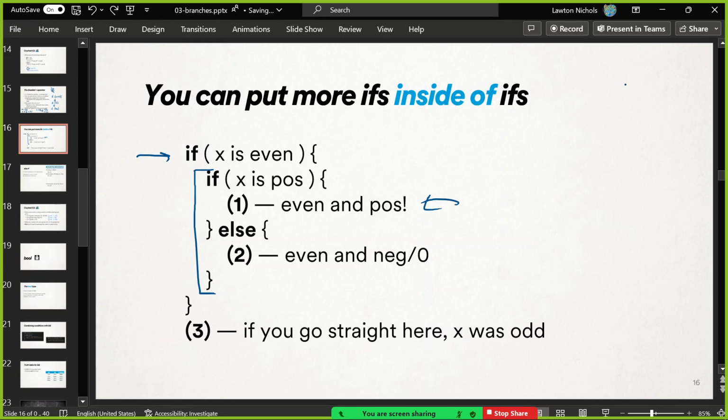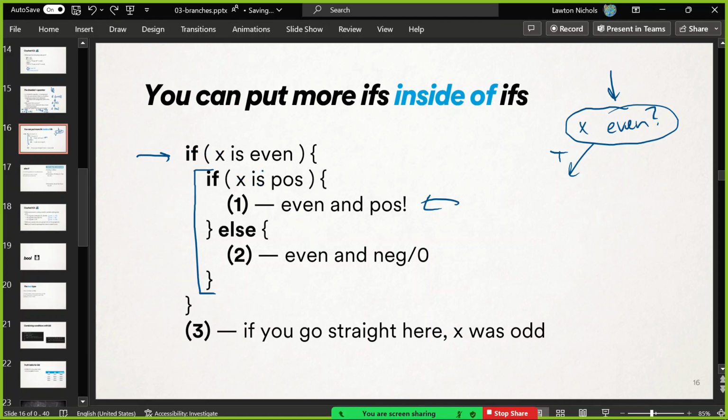So this is the flowchart form of what's happening. We jump in here and we ask, was x even? Because that's what if-elses do, or just ifs. They check their condition. If it's true, they run their body. So it's got to check this first. That's how C++ is running this. If that's true, then it's got to run all this,